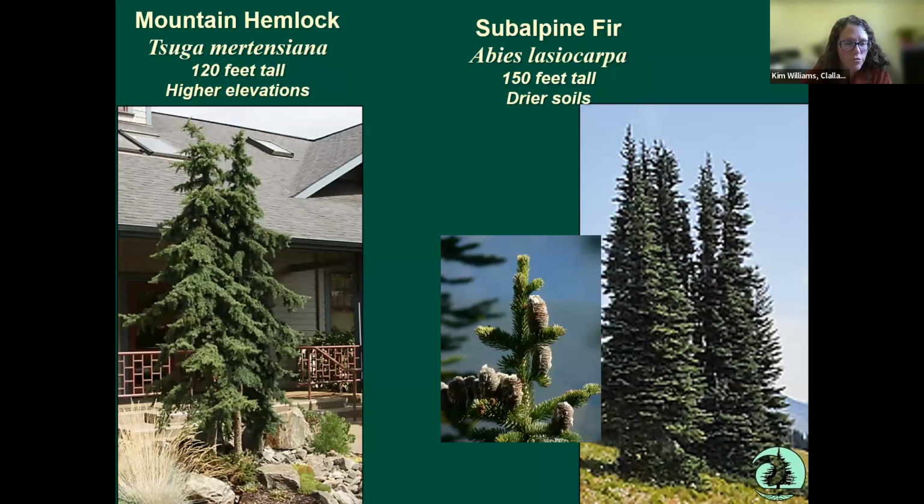Here are 2 more trees that are wonderful in the landscape. Mountain hemlock. Mountain hemlock is a fantastic landscape tree. I think everybody needs a mountain hemlock because it stays shorter in lower elevations. Mountain hemlock, Tsuga mertensiana, is found usually in the higher elevations, and it can grow in lower elevations as well. In the higher elevations, it can get up to 120 feet tall. Lower elevations,